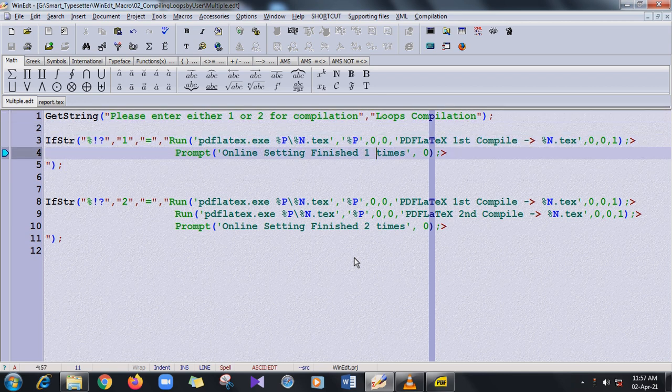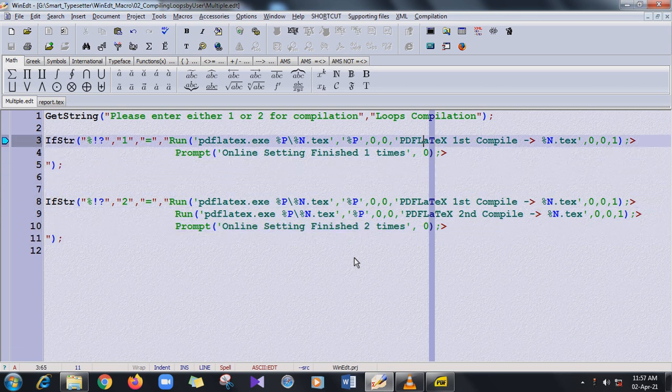If you give 2, this 2 comes here and matches here, and then first PDF LaTeX runs the first time. After it finishes, this macro will be run a second time. So the same files run 2 times, and then the prompt says online settings finished 2 times.